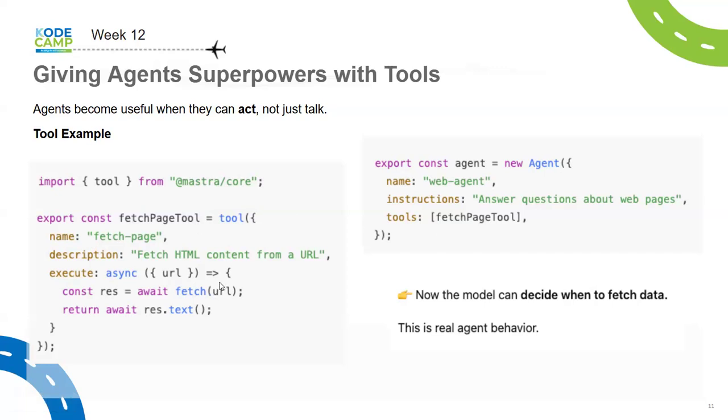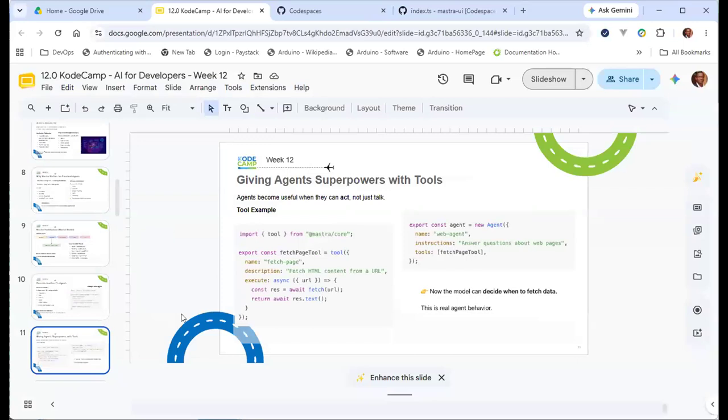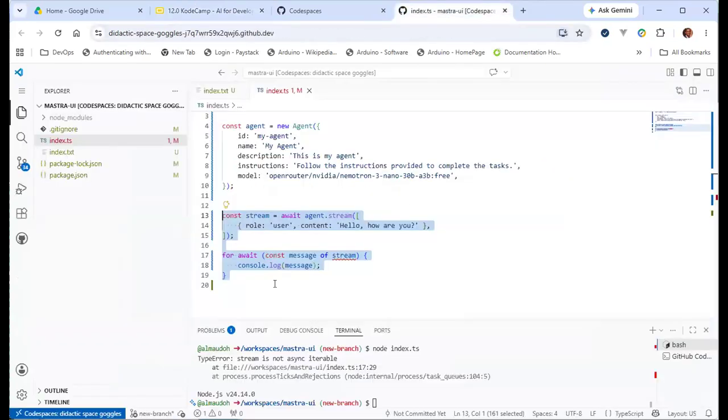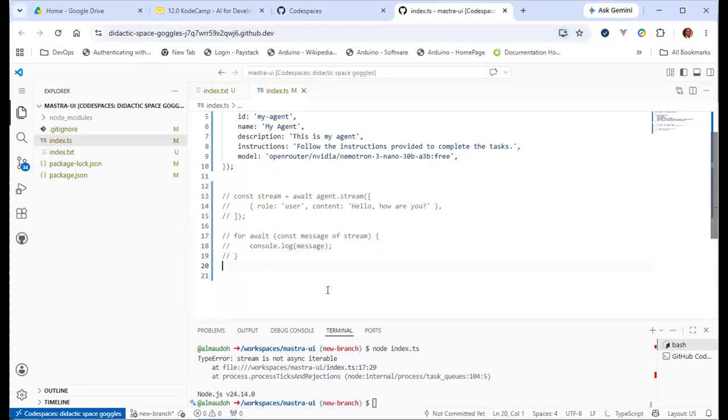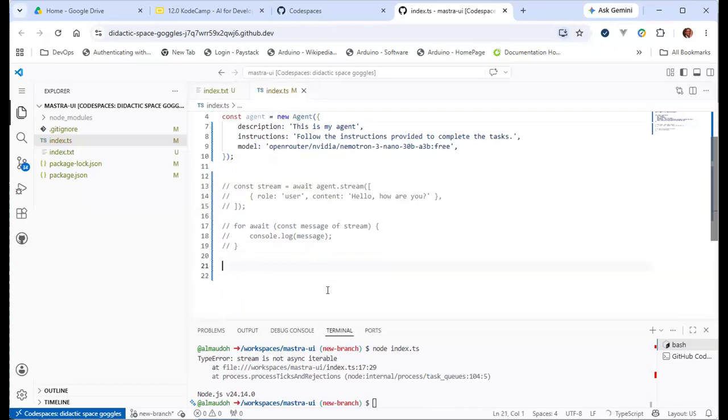But you can also use Zod, which allows you to do a more detailed kind of tool schema definition, right? So let's look at that example. Let me take this out for now because I'll come back to visit that. To add a tool, it's actually very easy.